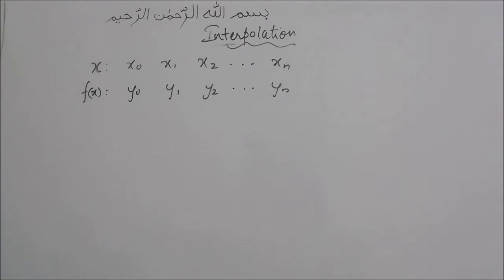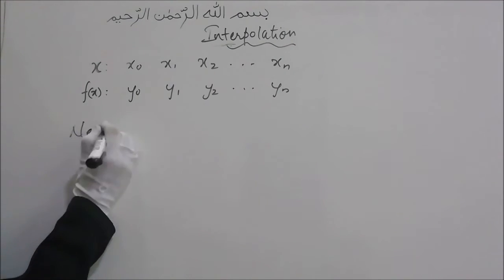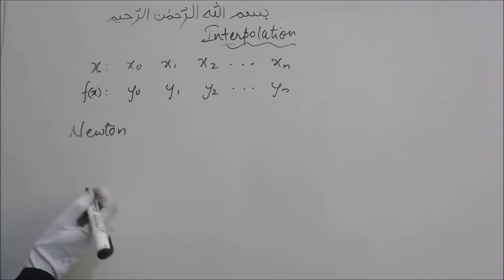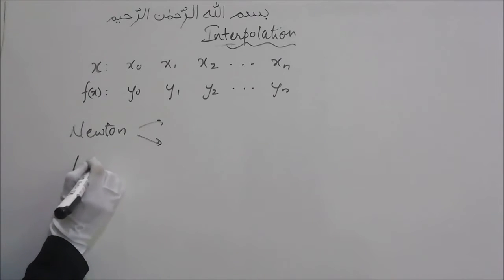If the value of x lies outside the range, then it is called the extrapolation technique. So anyway, there are 3 different techniques. These are the Newton forward difference method and Newton backward difference method, and those are 2 techniques, and the third technique is the Lagrange